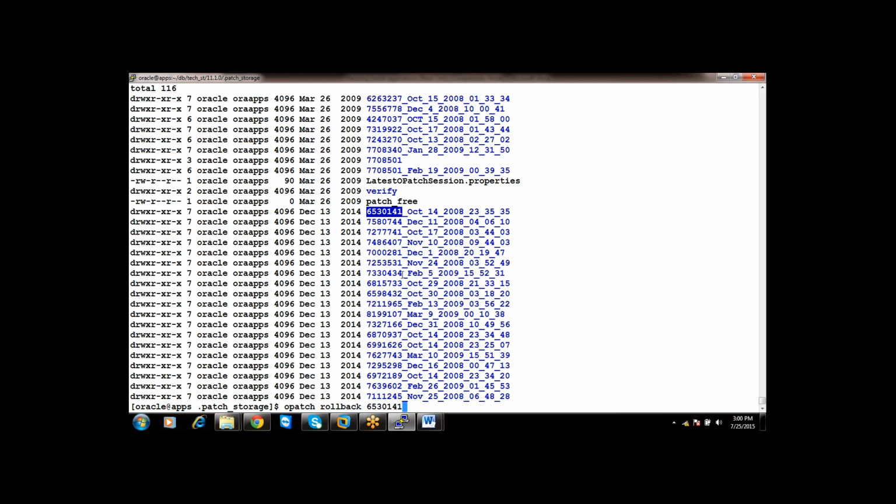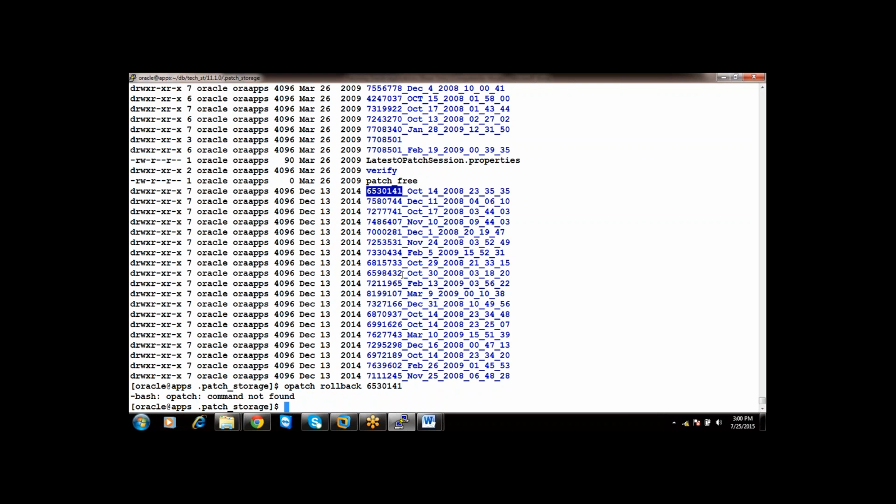patch rollback, we have to source it. Like our applications might cause some issue, our database might cause some issue if we roll back. So we will try to apply a new patch and we will try to roll back it. Whenever you apply any patch, one directory will be created in the dot patch underscore storage with the patch number, date, what you are installing, and the time. Whenever you want to roll back the patch, the older files will be coming from this location. This is only for your database.